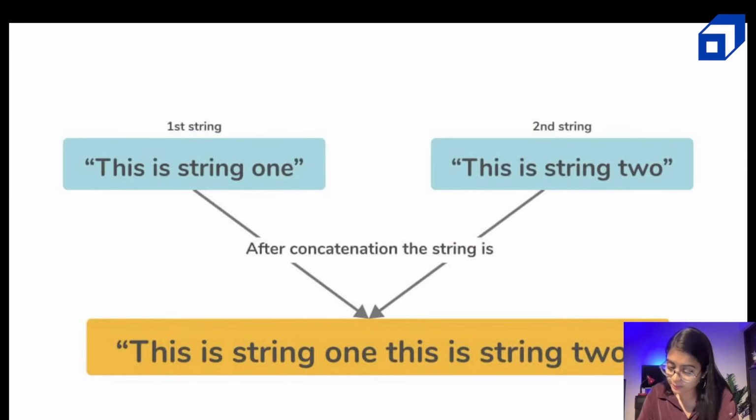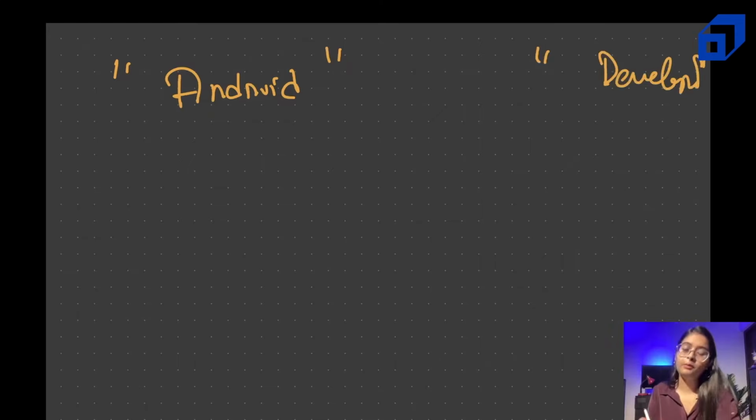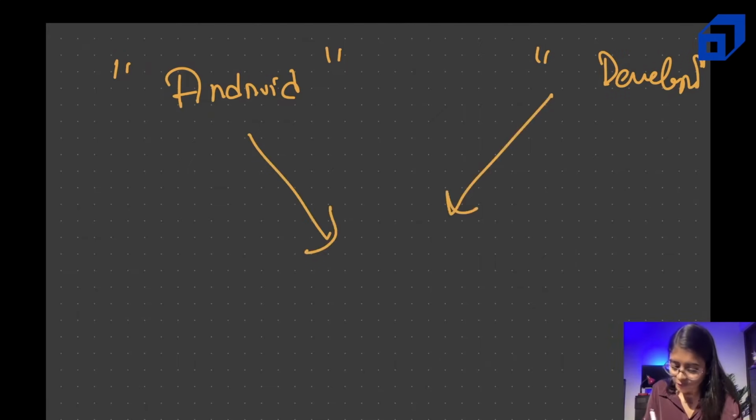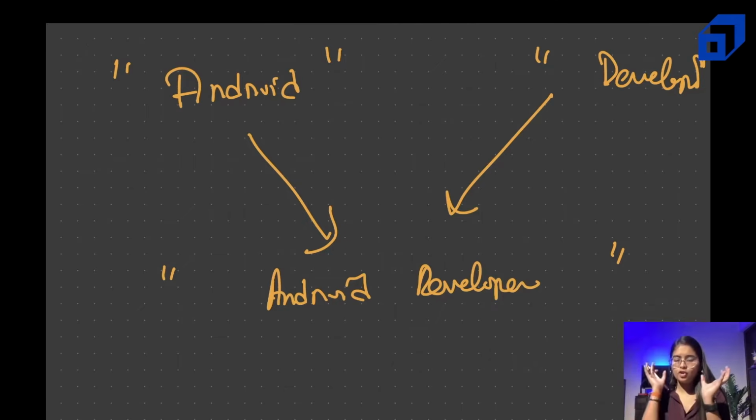Another interesting example, maybe if you have, let me pick the pen. So if you have Android in here, this is string 1, okay, and string 2 is developer. So after concatenation it will be Android developer, right? So basically string concatenation means you have to bring the strings which are available into one place,